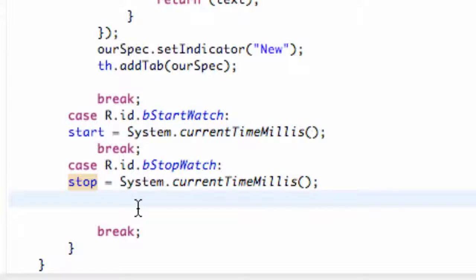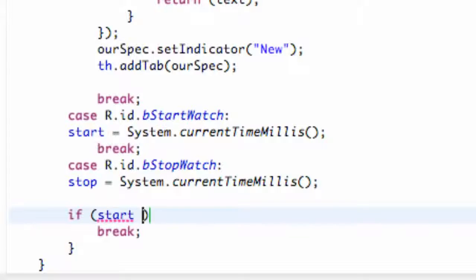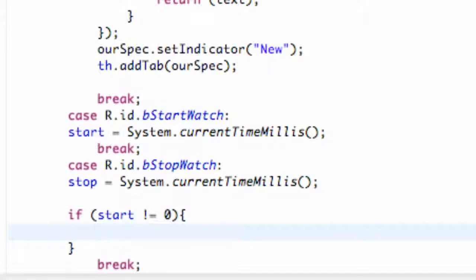One way we can handle that again is just a simple if statement. So we're going to say if start does not equal 0,